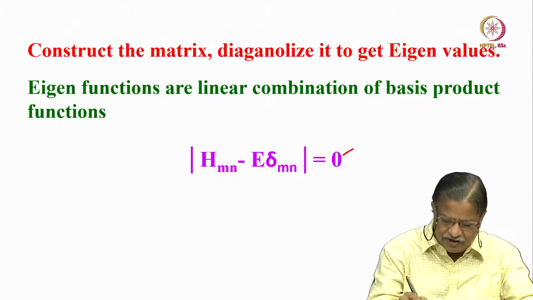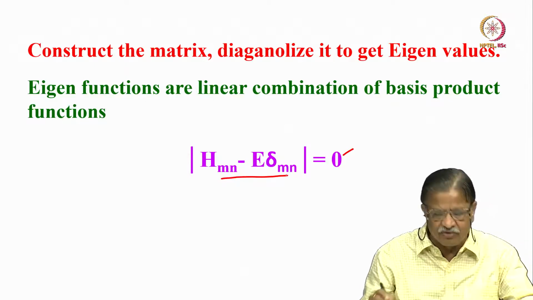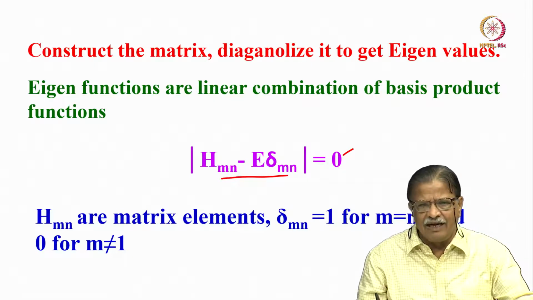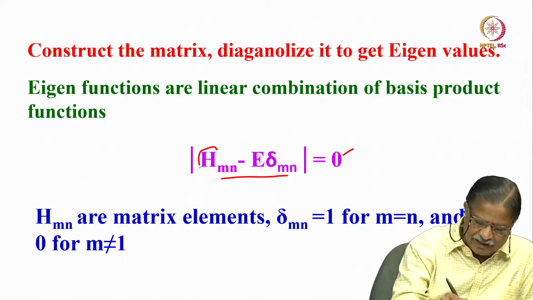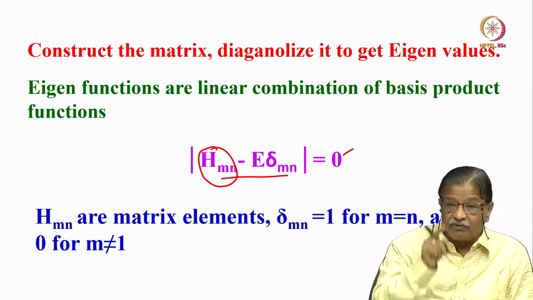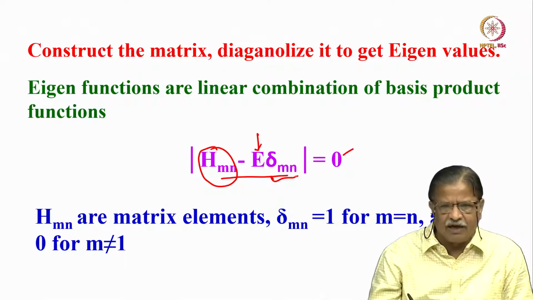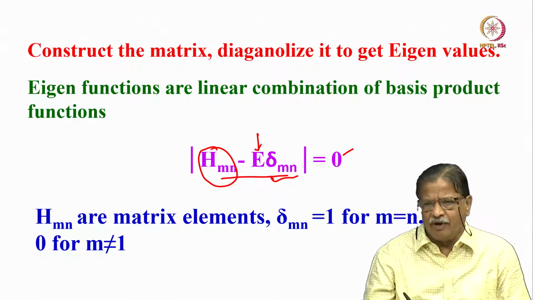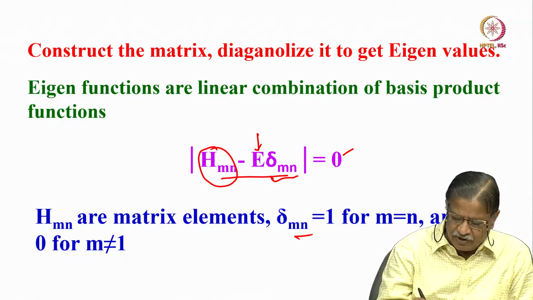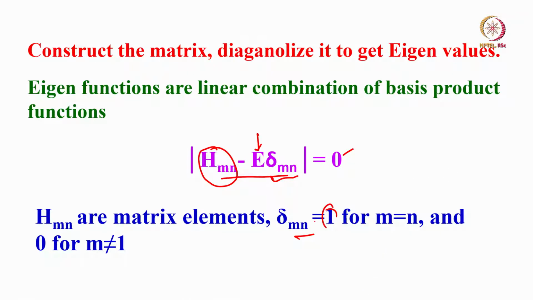So, we have to write the equation for this. We have to now solve this equation. And these are the matrix elements which we have to now work out. That is what we are going to calculate to get the energy levels, and delta mn is a Kronecker delta. You know that in quantum mechanics basics, when m is equal to n, this is equal to 1, and when m is not equal to n, this is equal to 0. If you remember, there was a typographical error there. When m is not equal to n, this is equal to 0.